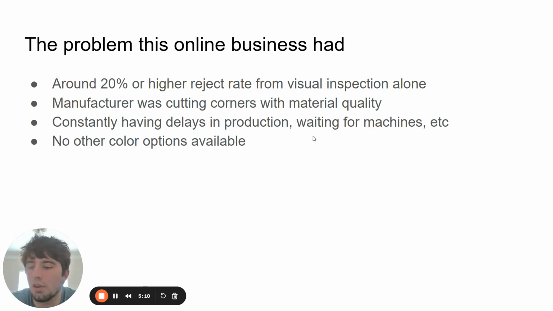So they were also mentioning other things. The units that he was sending us were basically inspected by different people. One of them was another manufacturer, and they sent us a list of things that they noticed. One of the things they noticed was that they were pulling the parts out faster than they were supposed to, to try to make more profit. And this was actually causing the parts to come out incorrectly. So they were cutting corners not only with material quality, they were pulling parts out faster, running them at a faster cycle time than they should have been, just so they could make more profit at the expense of our business.